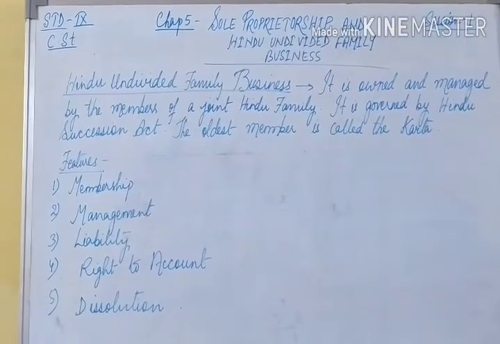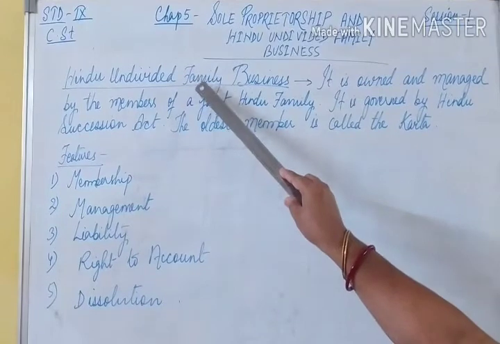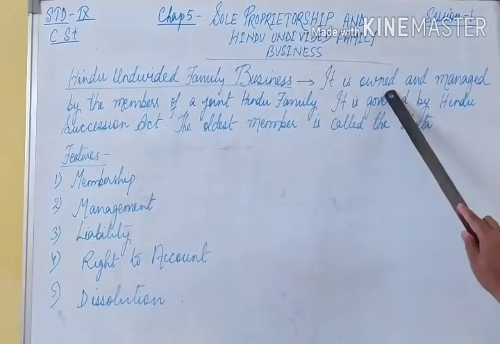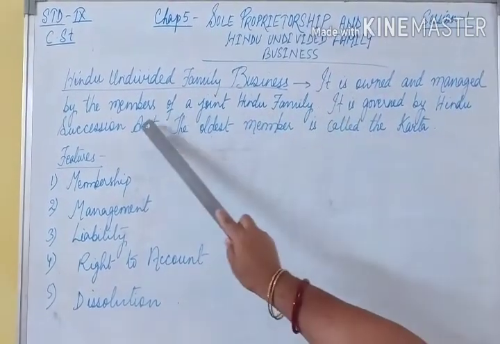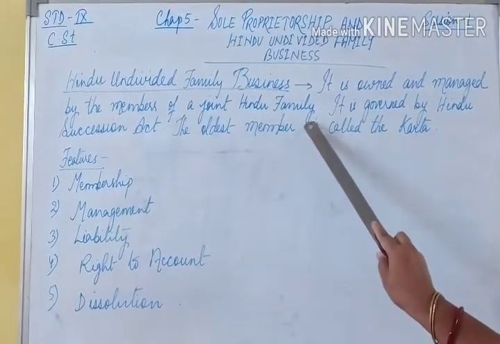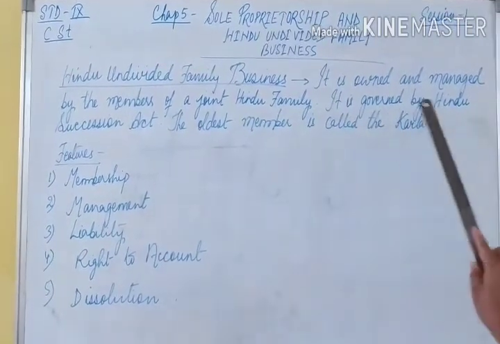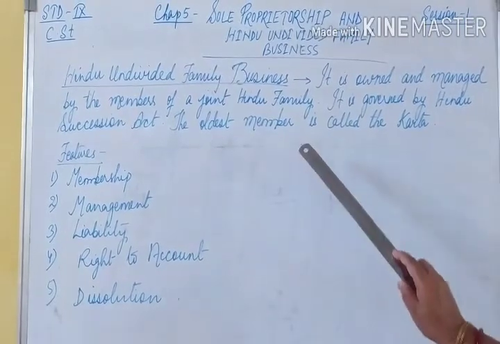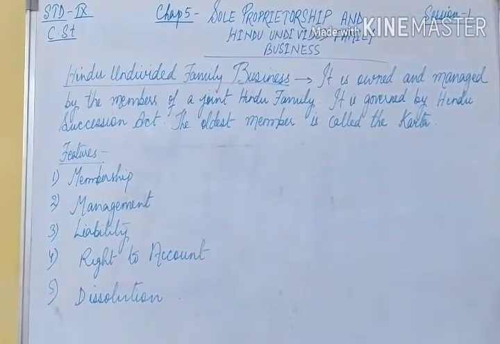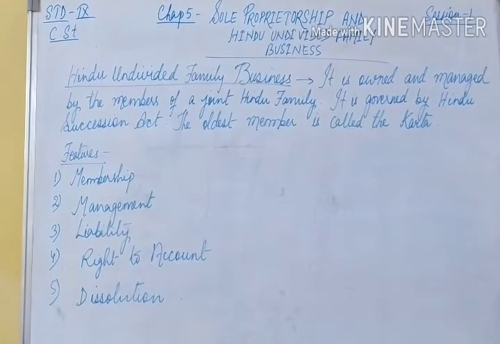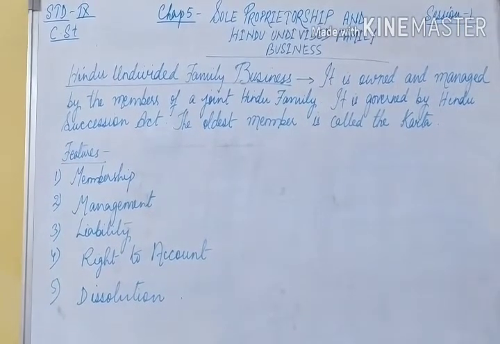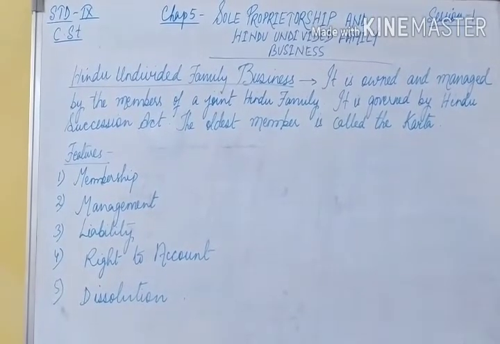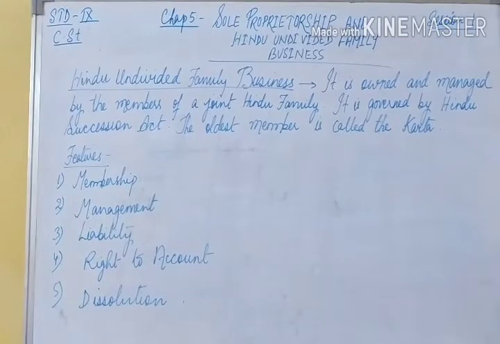Next, I move on to the meaning of Hindu Undivided Family Business. This kind of business is owned and managed by the members of a joint Hindu family. It is governed by the Hindu Succession Act. The oldest member of this business is generally called Karta. It is governed by the Hindu Succession Act and created by the law of succession. That means